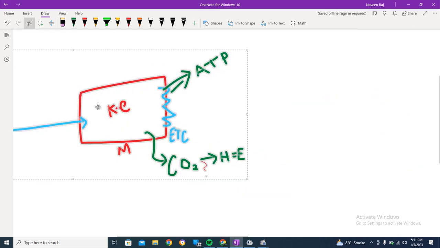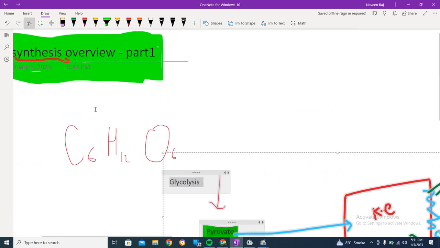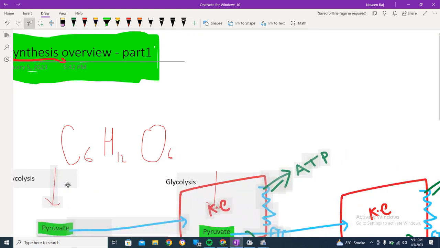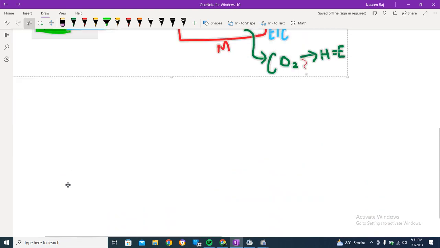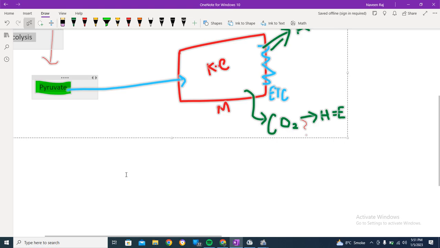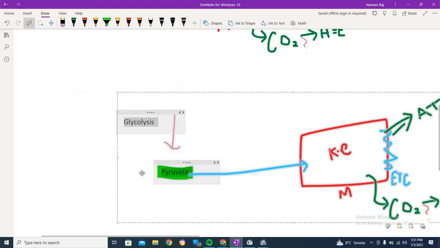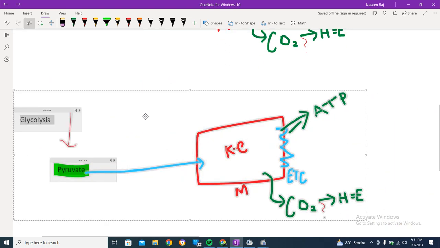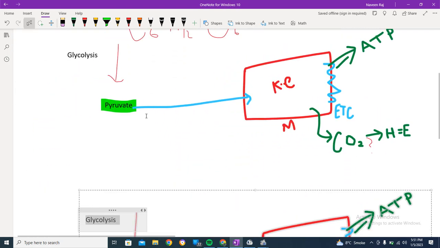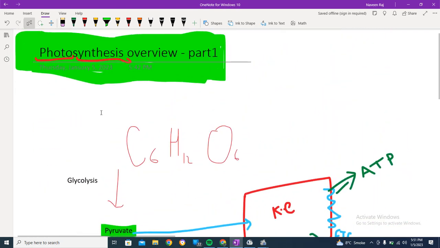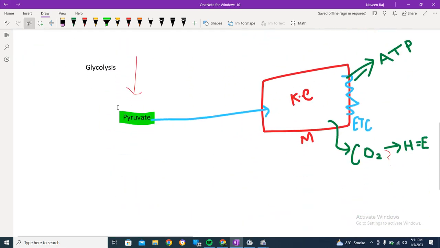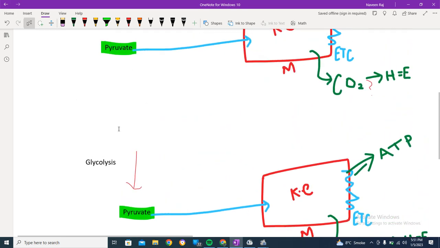Okay, here we are. This is second one, and this is first one. Here we have, in animals. Now what we see in the plants,